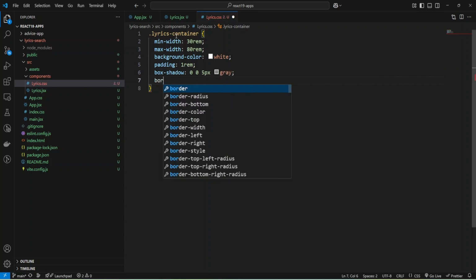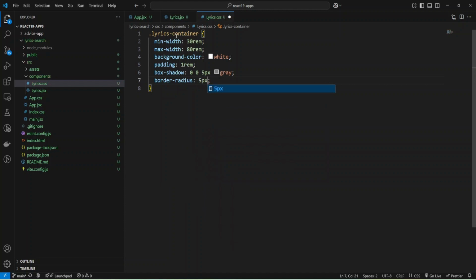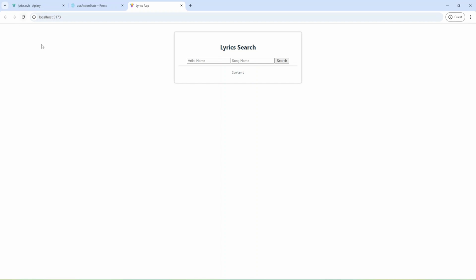Okay, and let's add border-radius 5px, and let's check. And as you can see, we have the container and also a shadow.